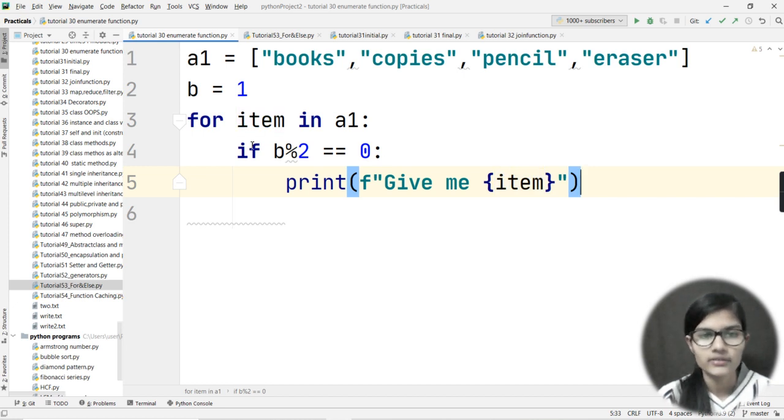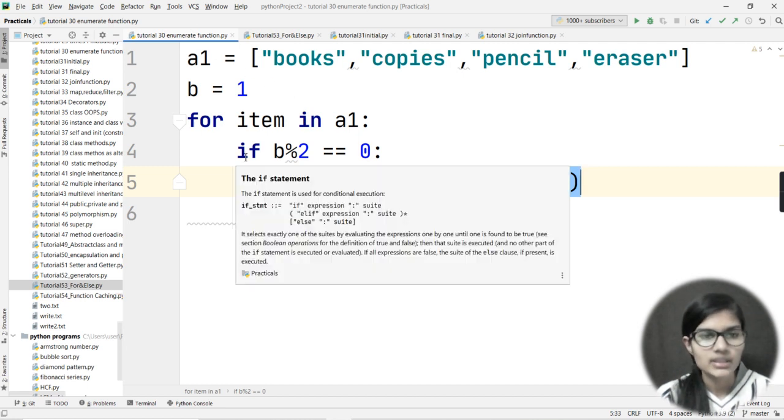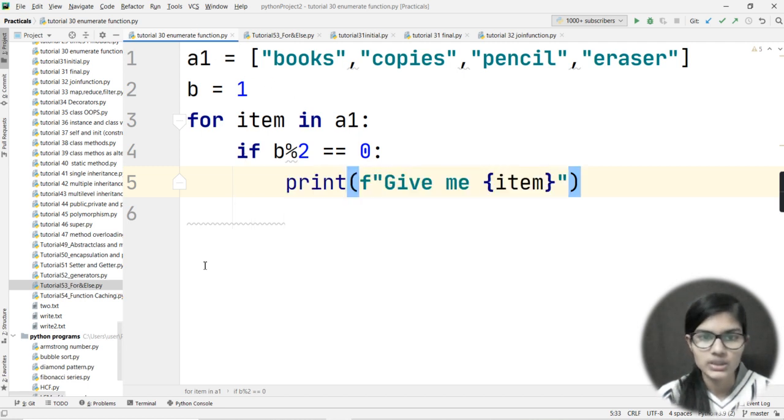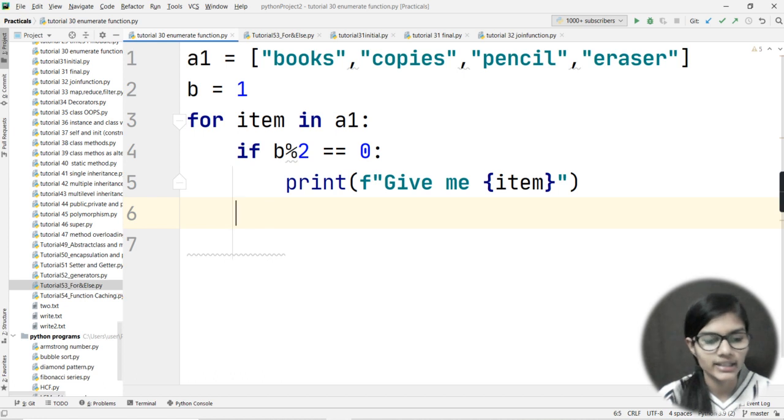So here I have used my for loop, for item in a1, where a1 is my list. I have applied one condition: if b percent 2 is equal to 0, then give me item. Now I would come out of the loop, and here I would write b plus equal to 1.